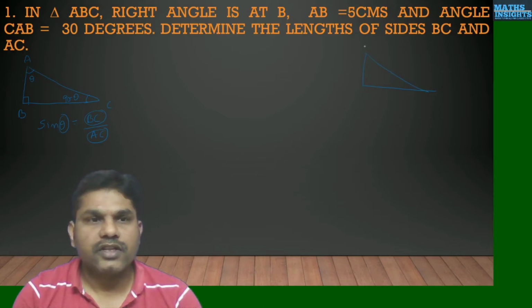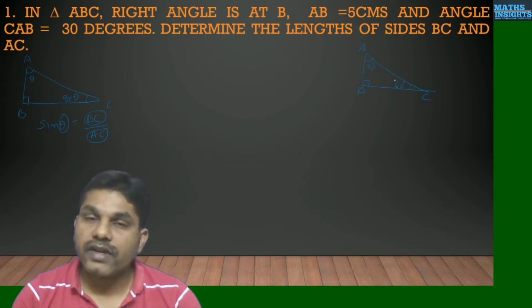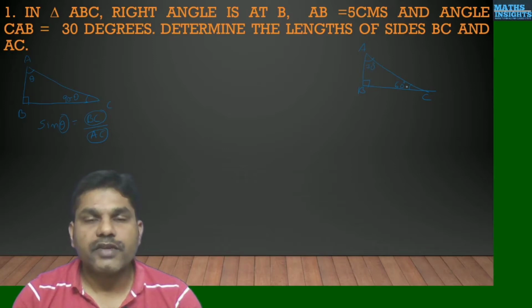So, coming to our problem, they have given that in triangle, let it be A, B, C, this is triangle ABC, and this is 90 degrees. Why? Because all trigonometric ratios are defined in a right angle triangle only. And they said that this angle CAB is equal to 30, okay, this is 30 degrees. Then automatically this will become 60 degrees. Why? Because sum of three angles in a triangle is 180 degrees. Therefore, 90 plus 30 is 120, and 120 plus 60 will become 180.